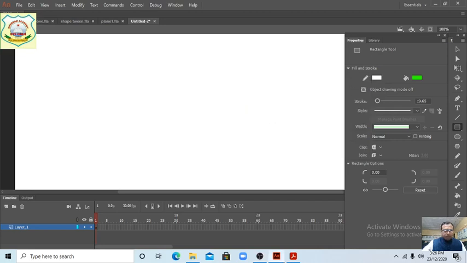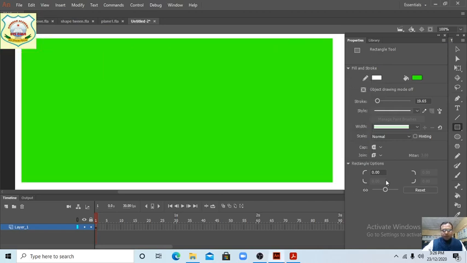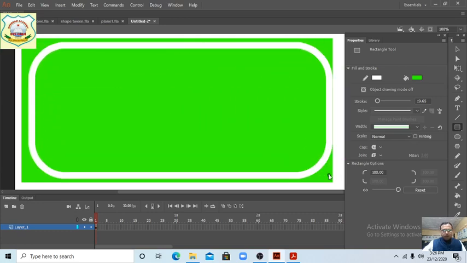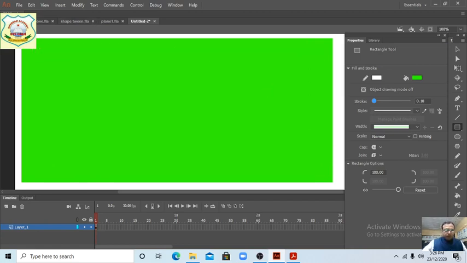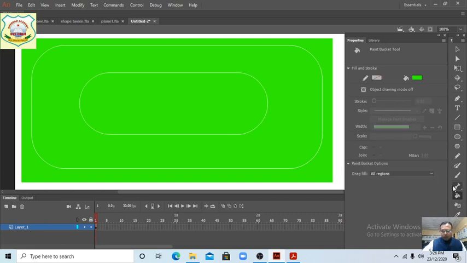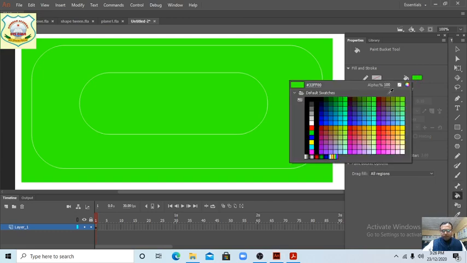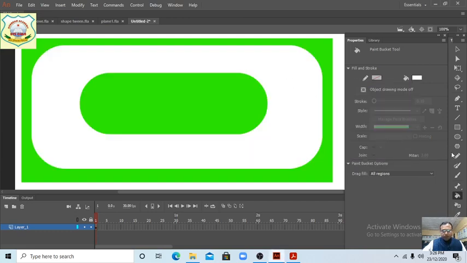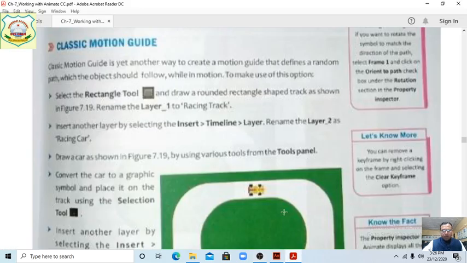Now again a rounded one, next a very small one. Between the track it should be white. So the same thing we have done this way.